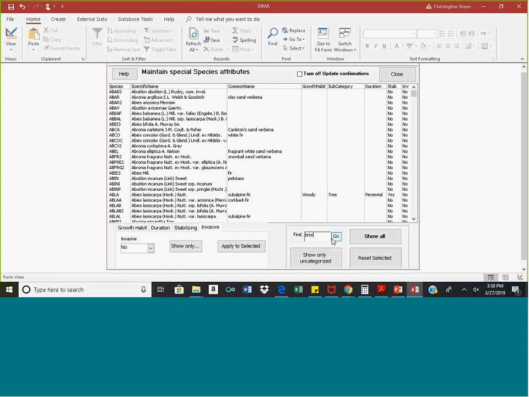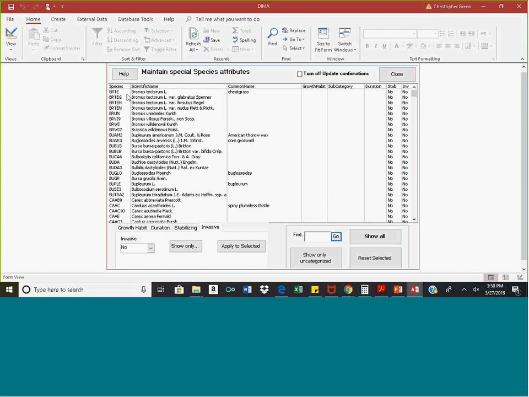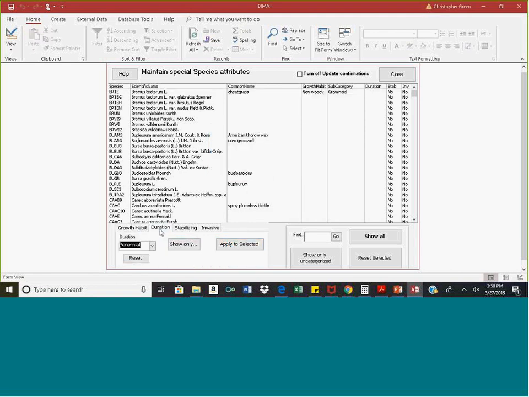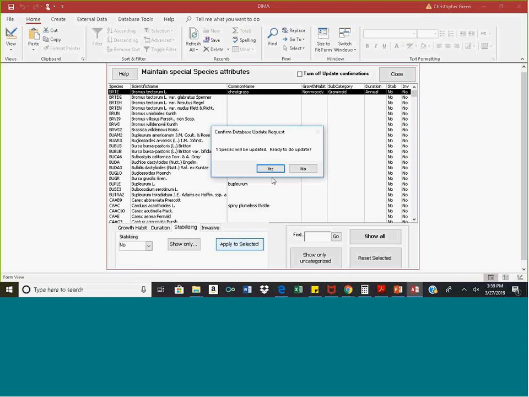So grass also, which is BRTE is the code. Bromus tectorum. The growth habit is woody, and category is graminoid, which is a grass. My duration here is stabilizing. Since it is manual,